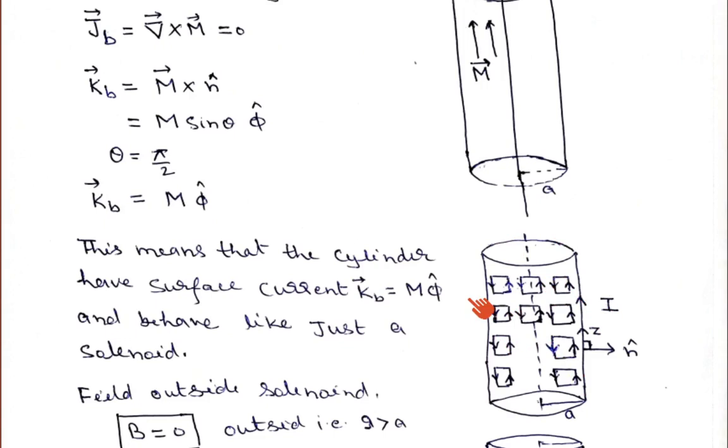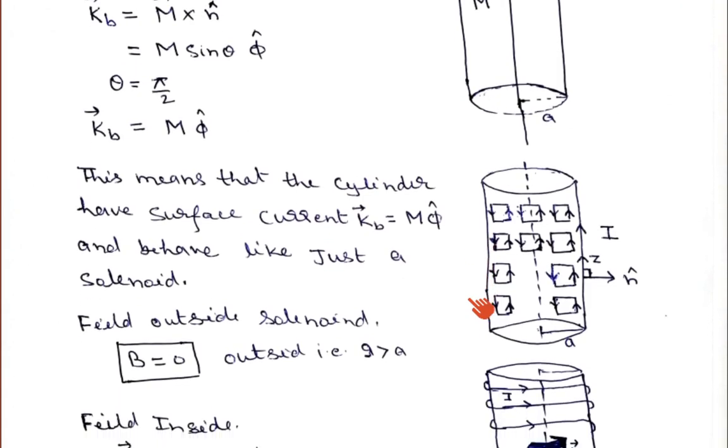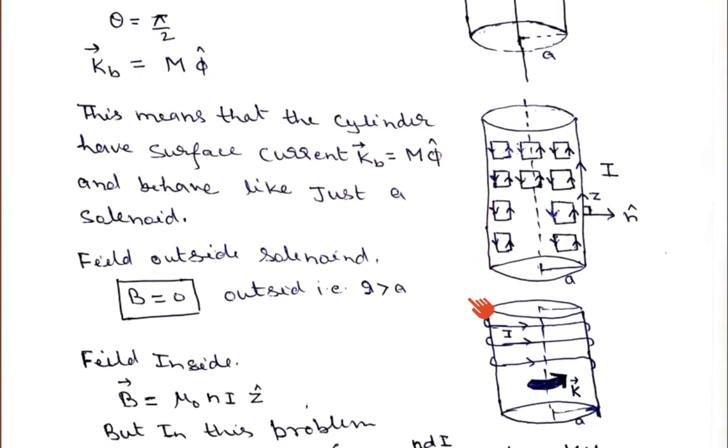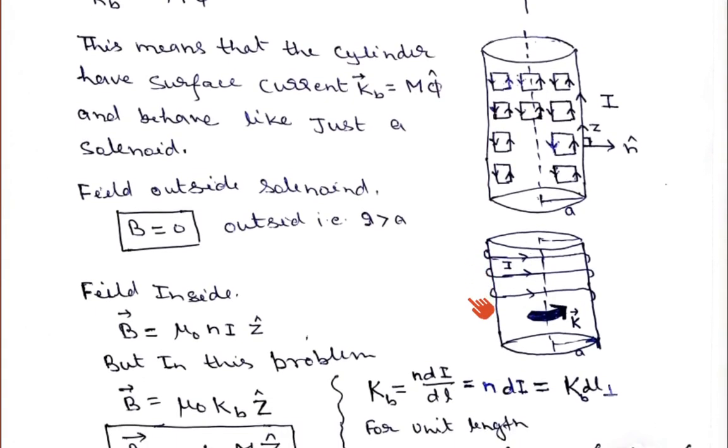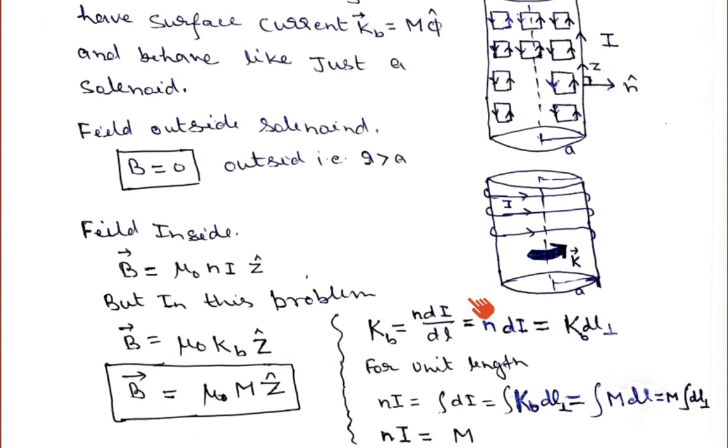Now recall my previous lecture on the magnetic field due to a solenoid. A solenoid is basically a hollow cylindrical object on which we wind a large number of wire turns, and that device becomes a solenoid. The number of turns per unit length in the solenoid is defined as N.